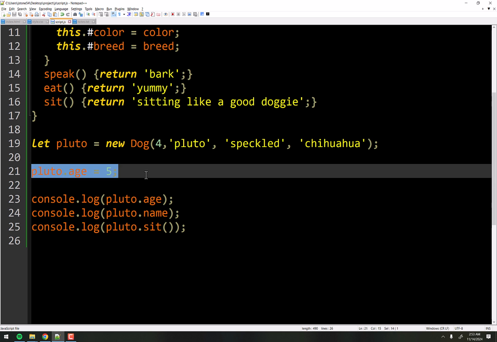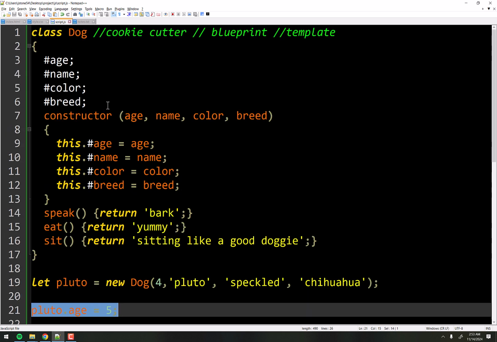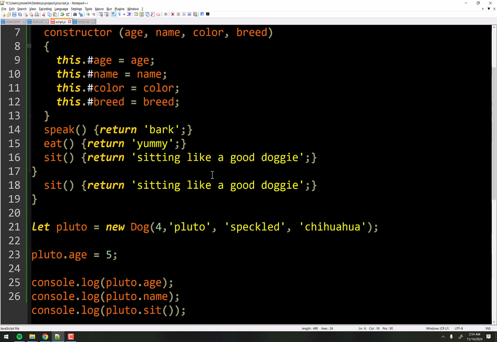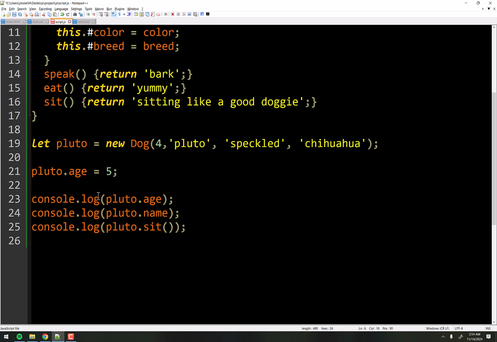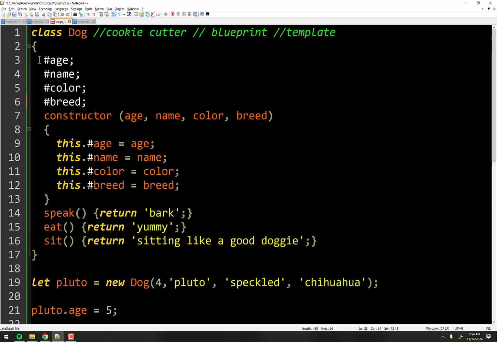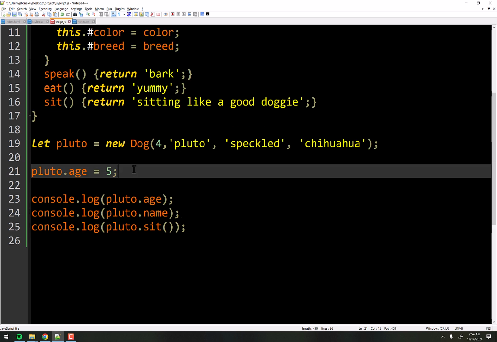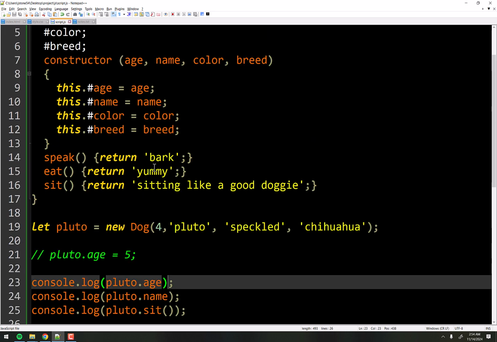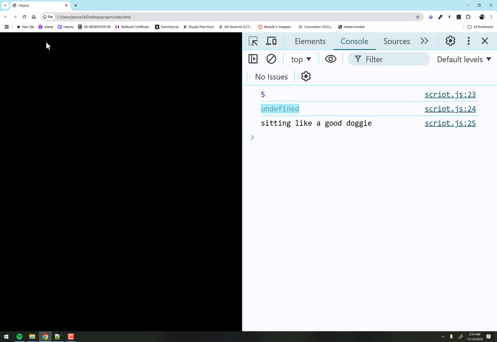What happened on line 23 started on line 21. When I created line 21, what I essentially did, for want of a better way to describe it, was add a new variable called age that's public, right? And then, I'm going to delete that so I don't forget about it. Then down here, when I'm printing it out, I'm printing that new one. I'm not actually accessing this one right here, right? If I were to comment this out, now when I try to access that, it's going to try to go for the private one, and then I'll get an undefined there as well. Refresh, and it's undefined.